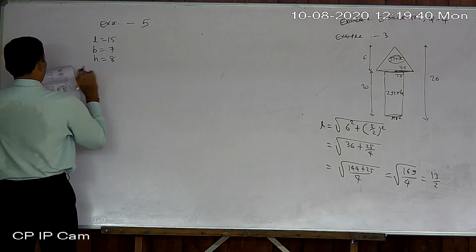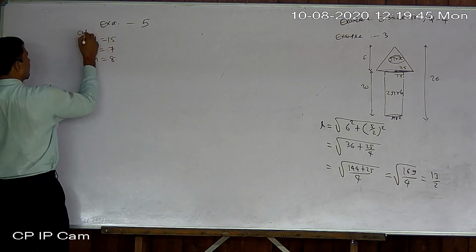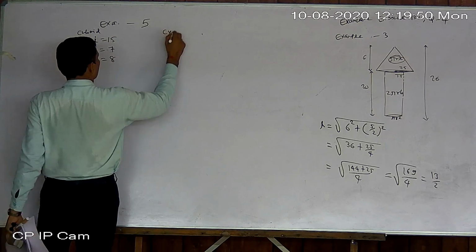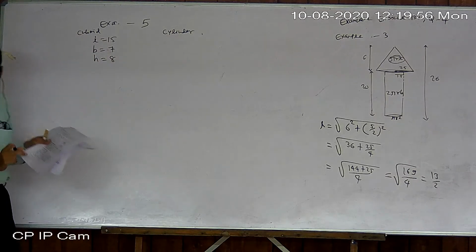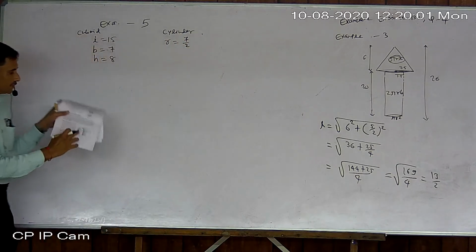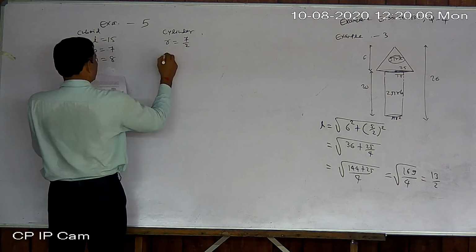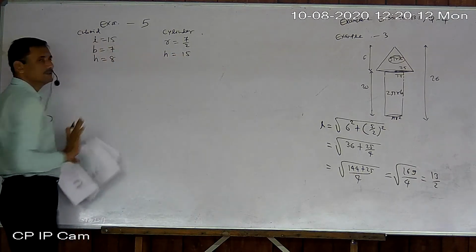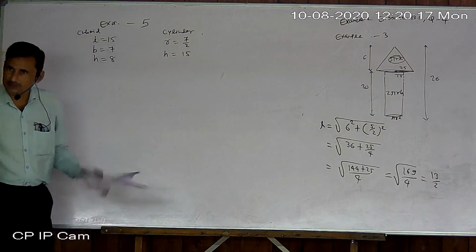Okay. And now this is for the cuboid. If you look for the half cylinder, then this 7 becomes the diameter. 7 becomes the diameter there. So R will be 7 by 2. Why? Because 7 becomes the diameter of the cylinder. Okay. And that S is nothing but the 15 height. L and S both are the same here. Length of the cuboid is nothing but the height or length of the cylinder.